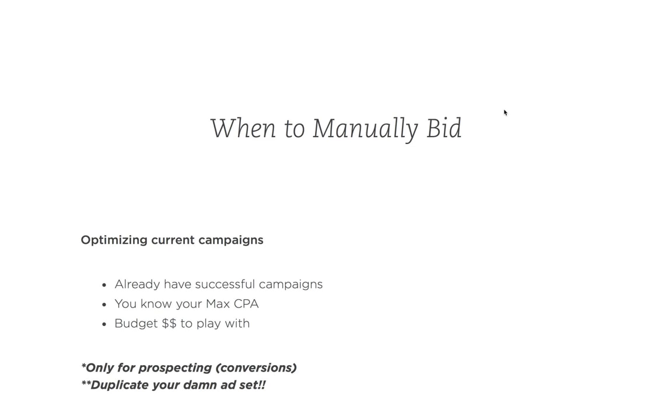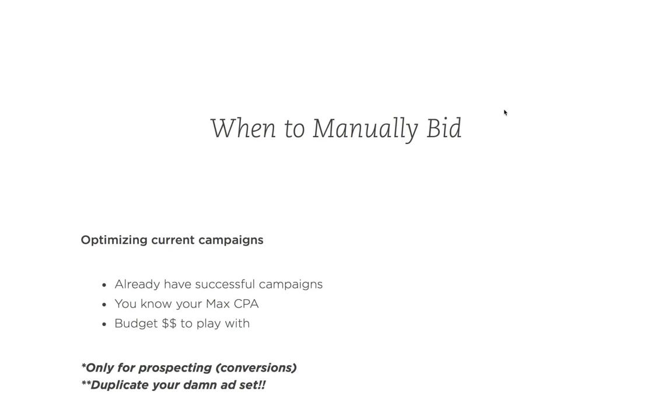Plus, you know what your CPA is, which I highly suggest you figure out, cost per acquisition. I don't know if I brought it up yet in this course, but basically that's a huge thing. I talked to a lot of people who have no idea what their CPA is. It is so huge to understand how much you can spend to acquire a new client or a new customer. You need to know that, plain and simple. As a marketer, as a business owner, whatever, being involved in the business whatsoever. If you're taking this course, then you need to know this.